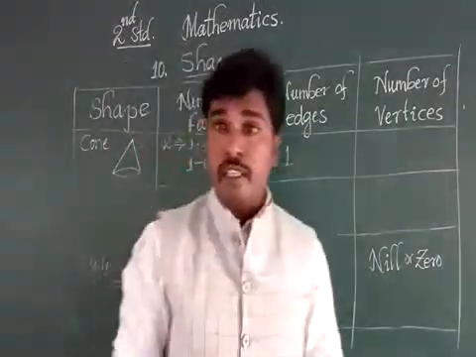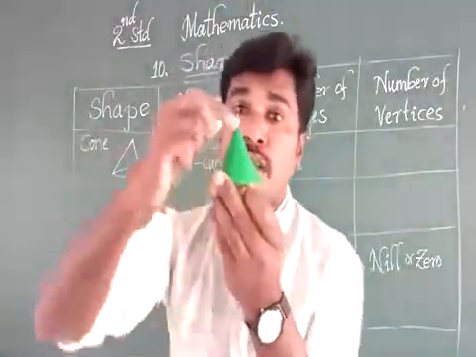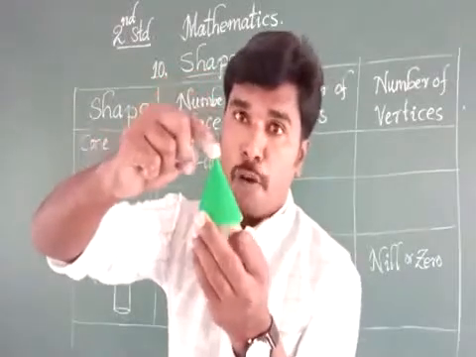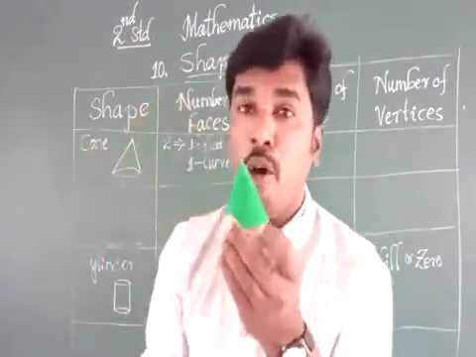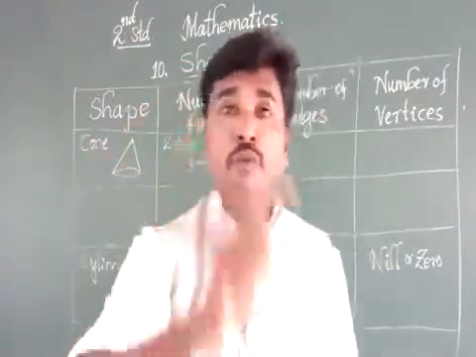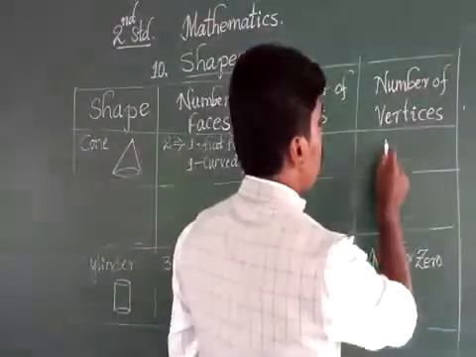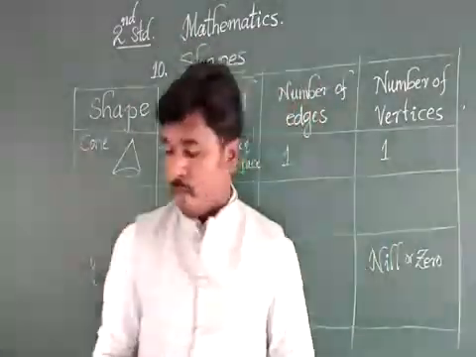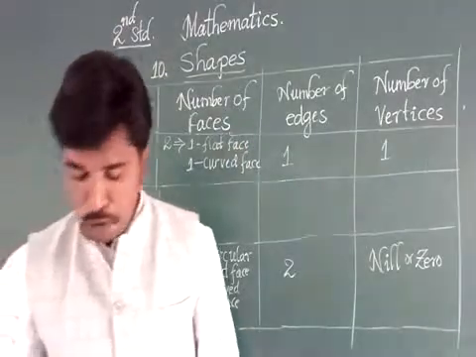And how many vertices is it having? Here, this is the point, sharp point. So it is nothing but a corner. It is having one vertex. So one vertex. Now next I should proceed to the